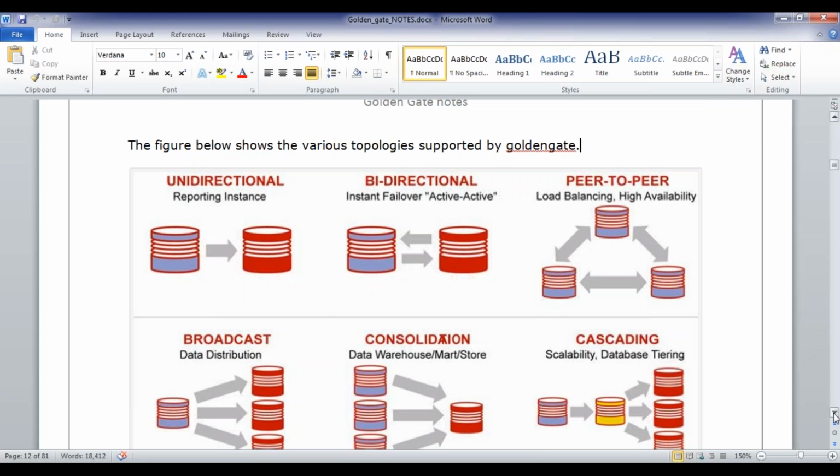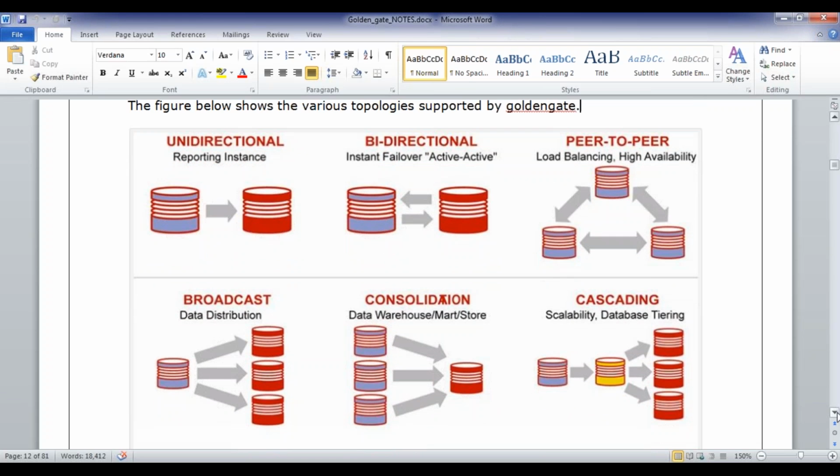Okay, I hope everybody is able to see the diagram. If anybody is not able to see it, just ping me on chat. These are the different scenarios where we are going to use replication. The first one, unidirectional, we discussed, which is nothing but separating the OLTP from batch processing. The second one is